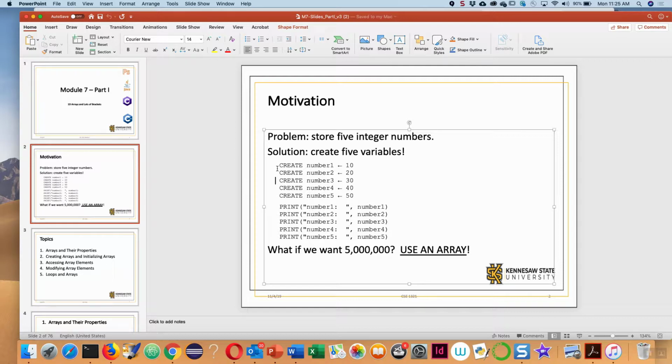So think about a situation where a country has only 1 million people and we want to store the entire data for 1 million people. If a person needs 50 variables to hold the data, then there will be 50 million variables, right? It is difficult to maintain